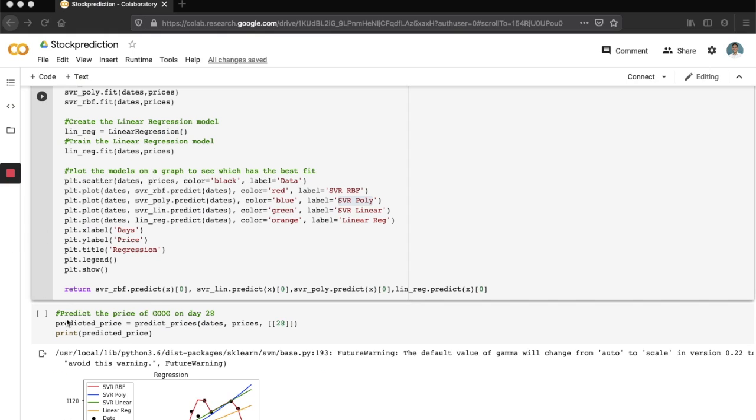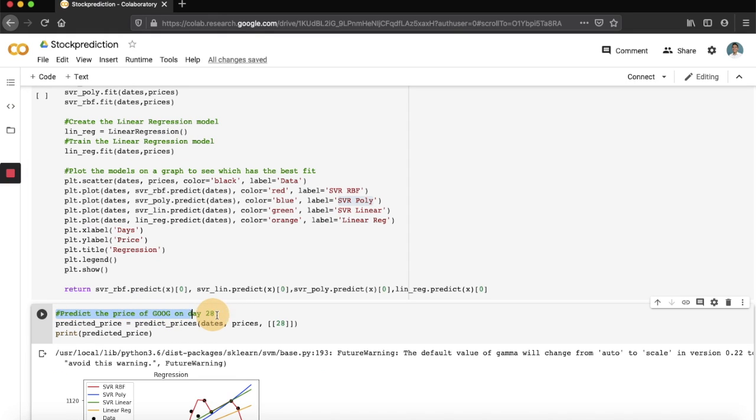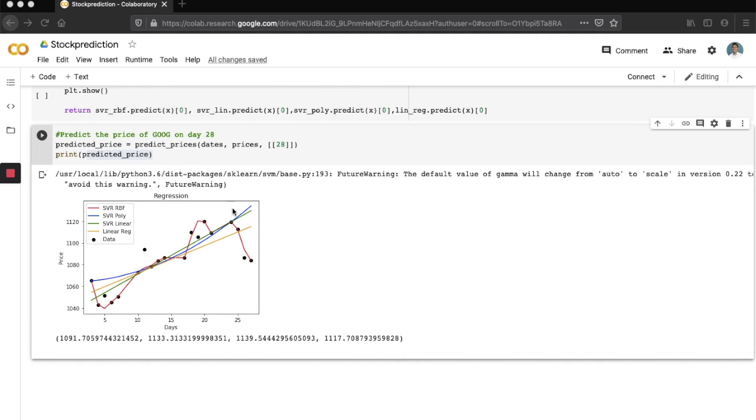So now what we want to do is predict the price of the Google stock on day 28. The predicted_price is equal to the predict_price function, passing dates and prices for the 28th day. And then we can print that predicted price. Now, Google Colab does its magic, and then you get this graph. And we're going to understand how you read this data. So we can assume that the next data point will be somewhere on the linear